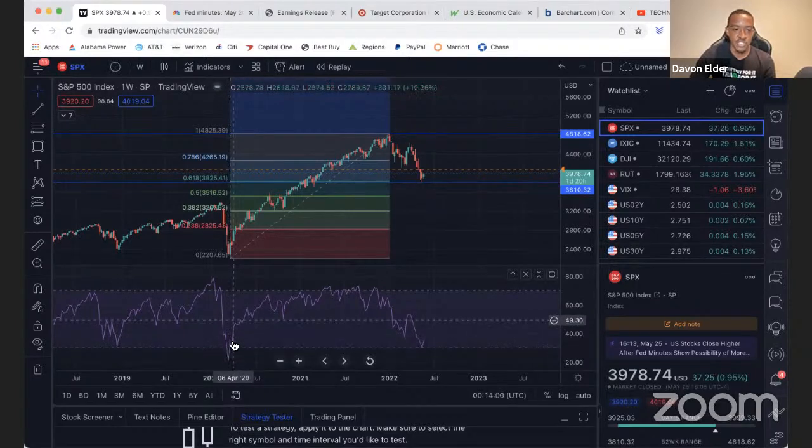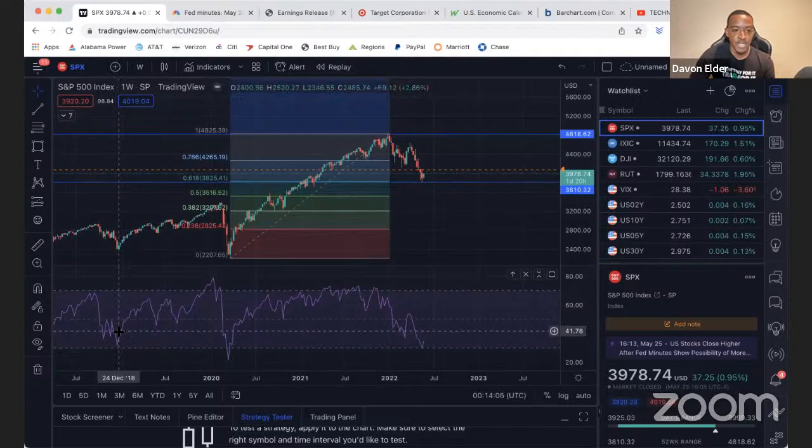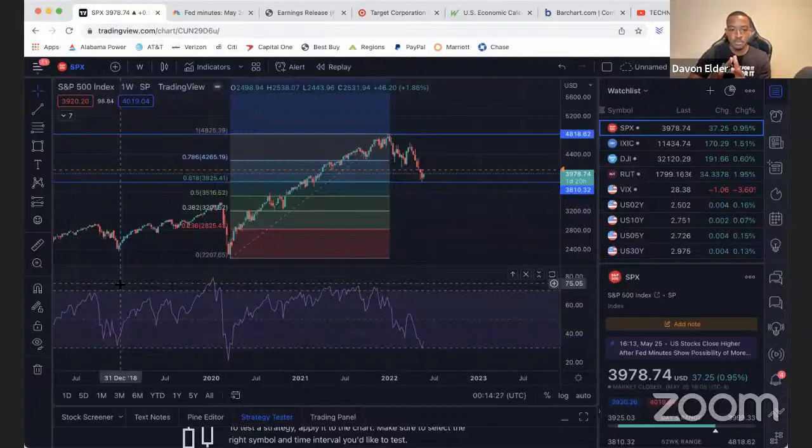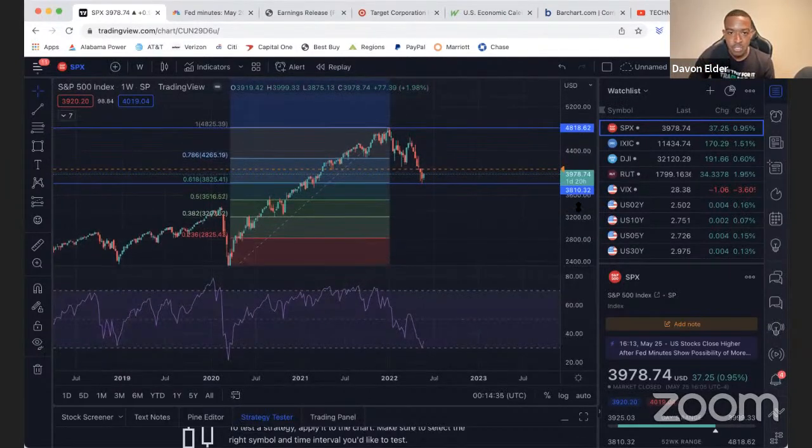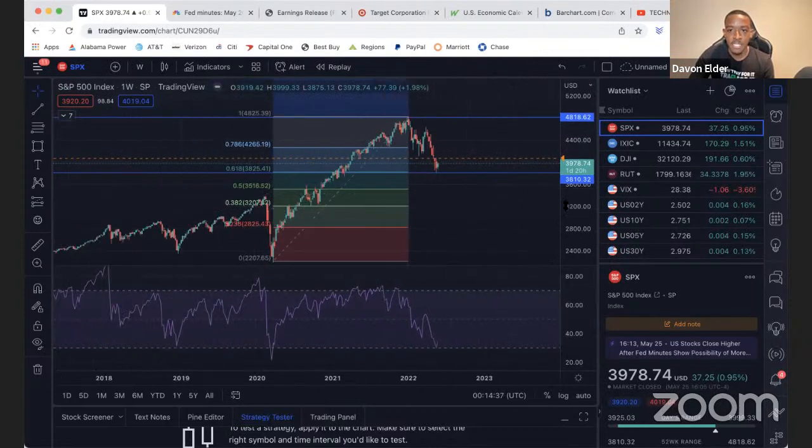Which was a global recession, and we also came down there in December 2018. The reason why the market was down during this period was because the market was fearing, number one, a policy mistake from the Federal Reserve. We're going to get into the Federal Reserve later. And in addition to that, there were a lot of tariffs that Trump was getting ready to institute on China, and that caused fear in the market. So from a technical standpoint, I think that the bottom is possibly in.